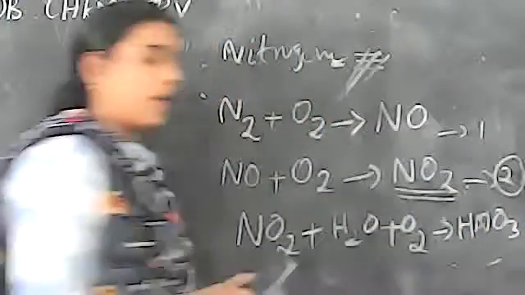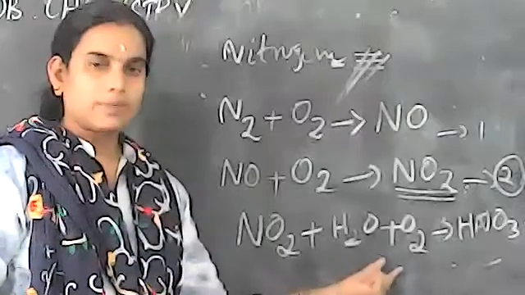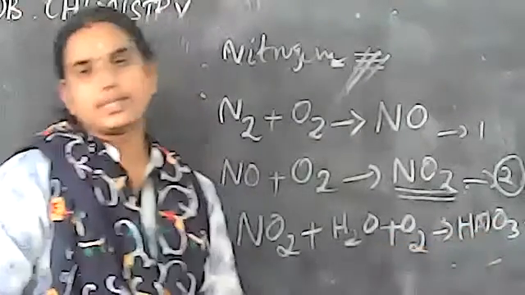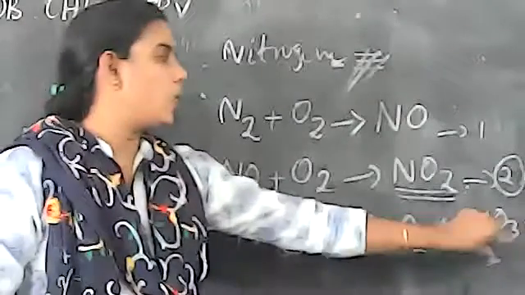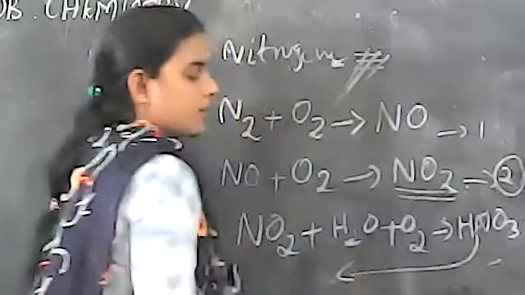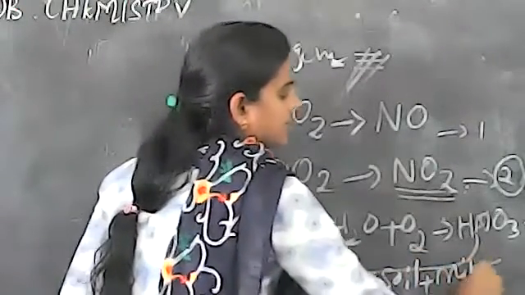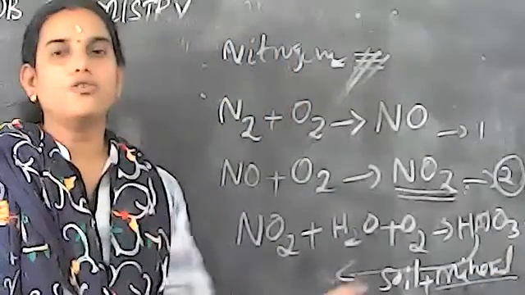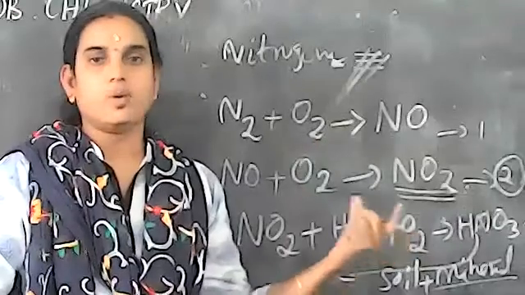In the third step, nitrogen dioxide combines with water in the presence of oxygen to form nitric acid. Then this nitric acid mixes with soil and minerals to form nitrate salt, and this nitrate salt is